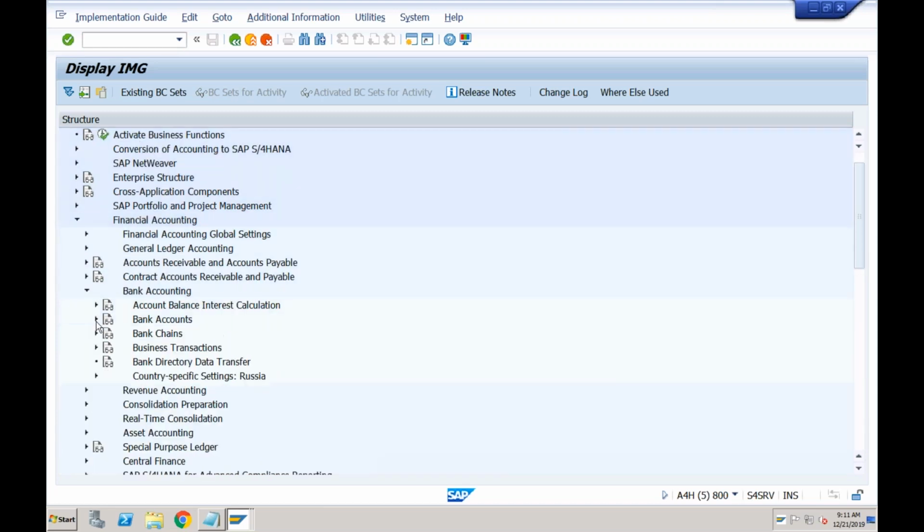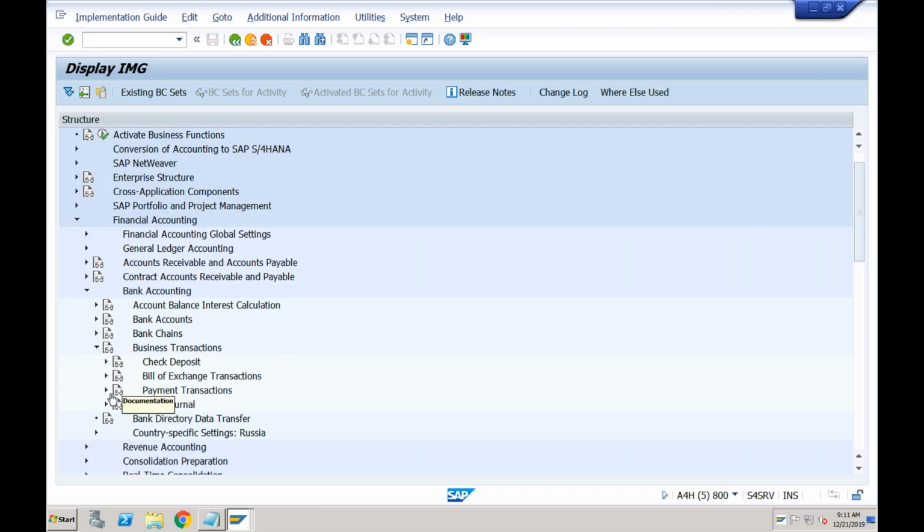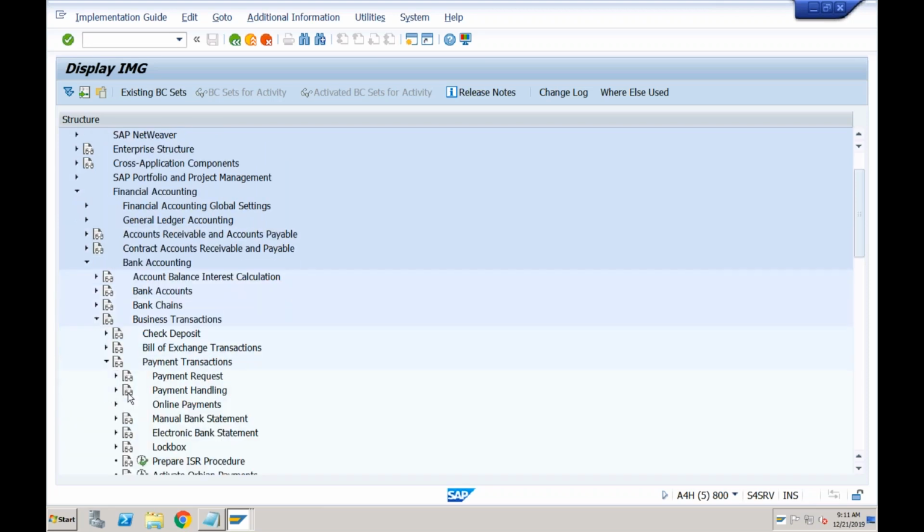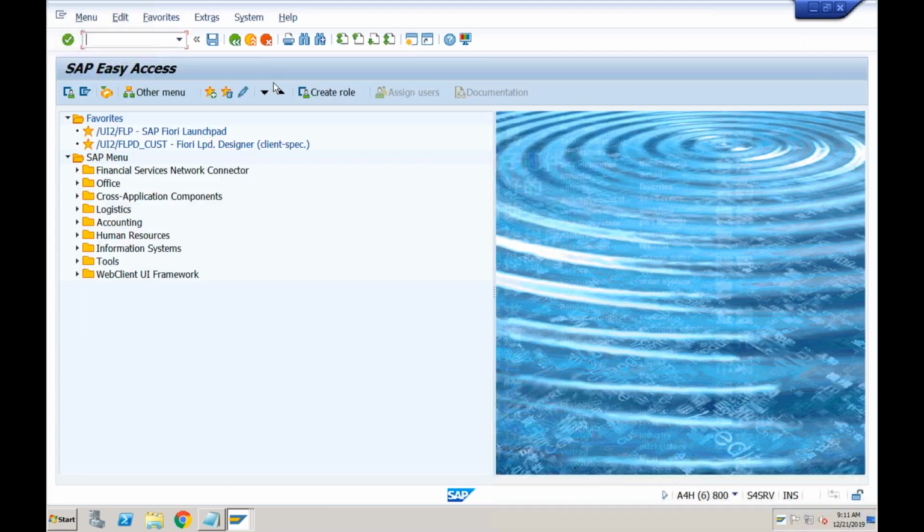Let me show you one more thing before we go to that one. So payment transactions, manual bank statement. The bank keys we created using transaction FI01 earlier.